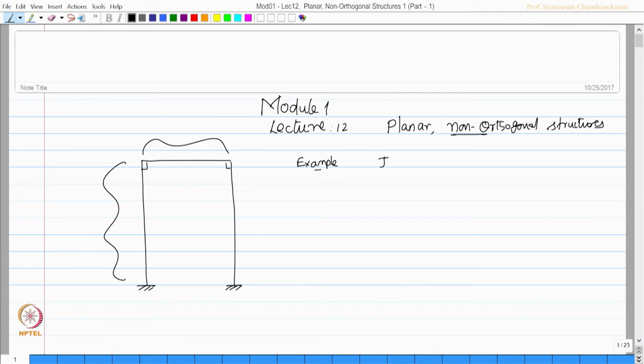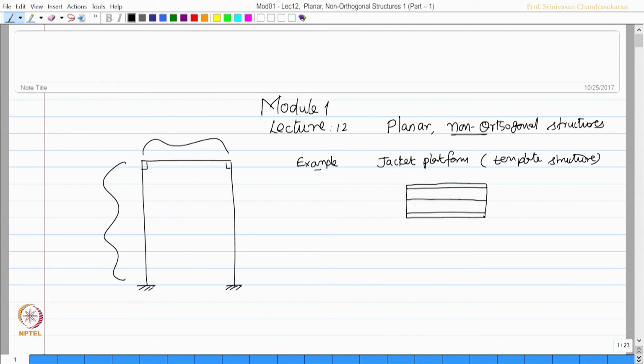Let us take for example the jacket structure or a jacket platform, which is also called a template structure, which is one of the offshore platforms which are meant for shallow waters. A typical view of this platform schematically looks like this. These are all different levels of deck, let us say multi-tier deck. They will be supported by some structural system. The structural system can even be a truss type,